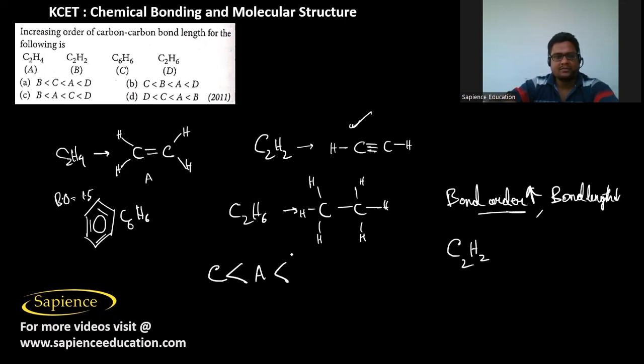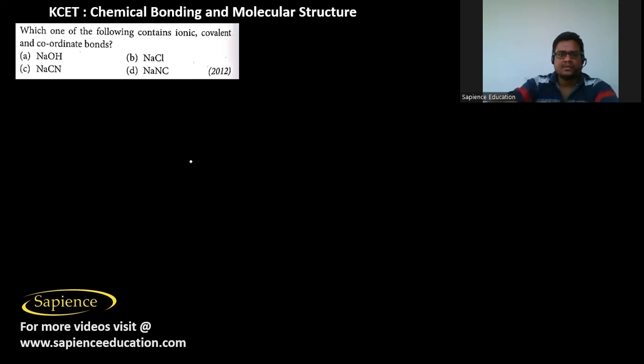So after A we have C, no, sorry, C2H2 is the B one. So the least one is B, A, then C, then we have D. So B, A, C, D. So option C is the correct answer. Then here,